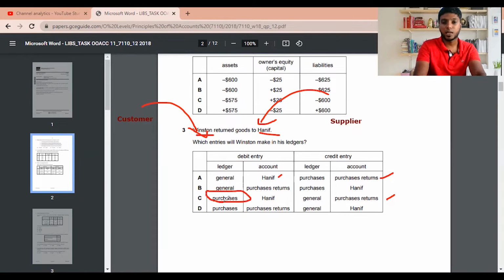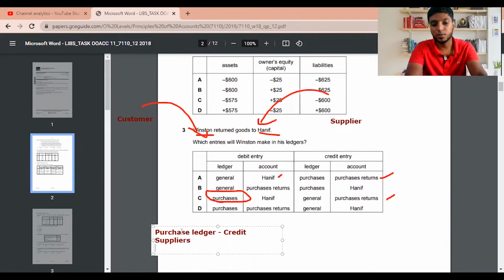You would have learned this type of ledgers. There are three types of ledgers: sales ledger, nominal ledger, and purchase ledger. Purchase ledger is recording the credit suppliers. I'll write here a small note so you can also write it, so next time you will not forget it. So purchase ledger will record credit suppliers accounts.